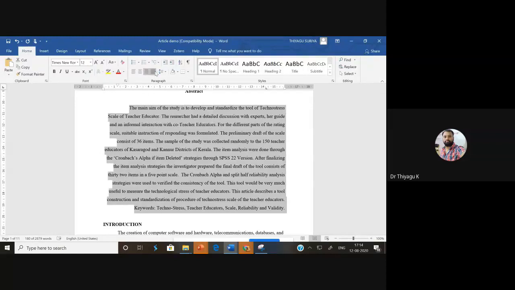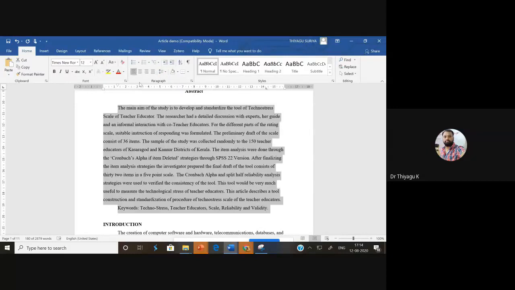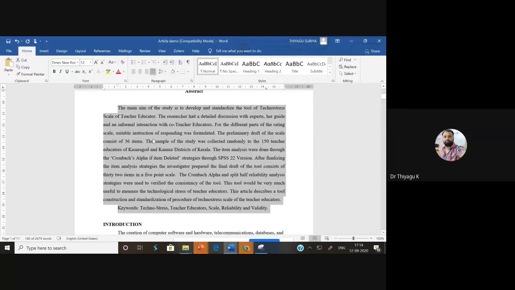This is for justified. Normally we type in justified, but now the APA 7th version emphasizes the left alignment. Therefore, which one should we prefer: the first, second, third, or fourth? For the first one, left alignment. Very good. This is what the APA 7th emphasizes, but the APA 6th version focused on the justified version. That is why last year all the students submitted in justified manner, even PhD theses. But hereafter, we can go with left alignment.